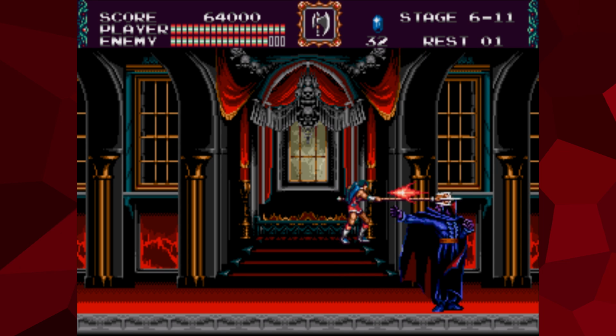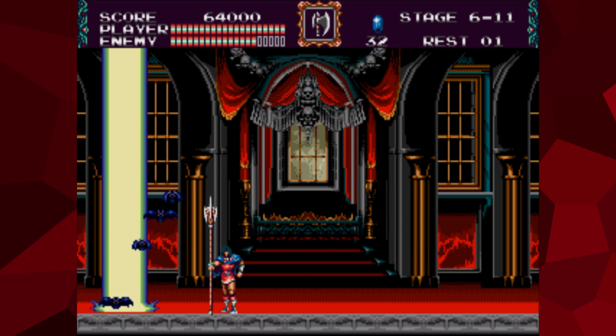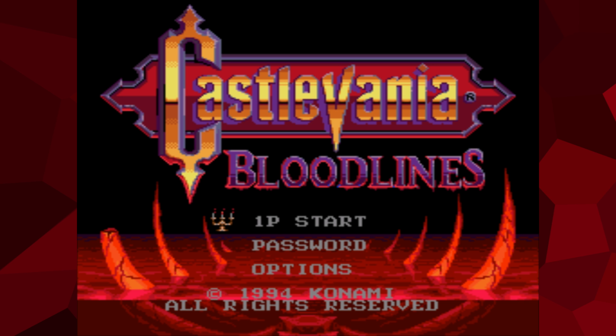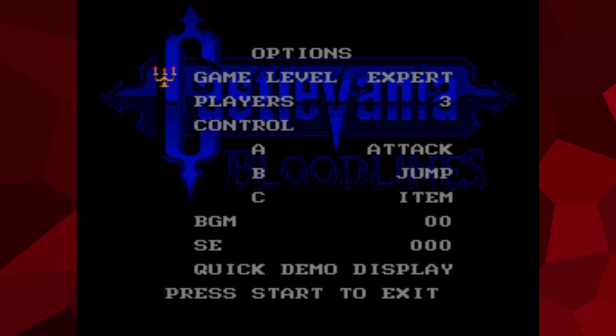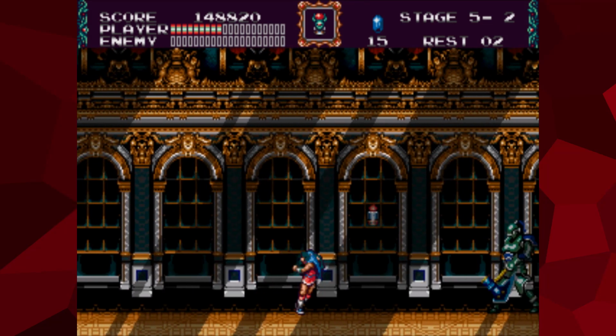To unlock expert mode, you have to beat the game once. But a much faster way is to just input the Konami code on the title screen. Speaking of codes, there is one other secret in this game that's pretty cool. To do it, first go into the options menu and select background music number 5, and then sound effect number 73. Now when you collect the final weapon upgrade, as in the special one that gives your weapon the glowing